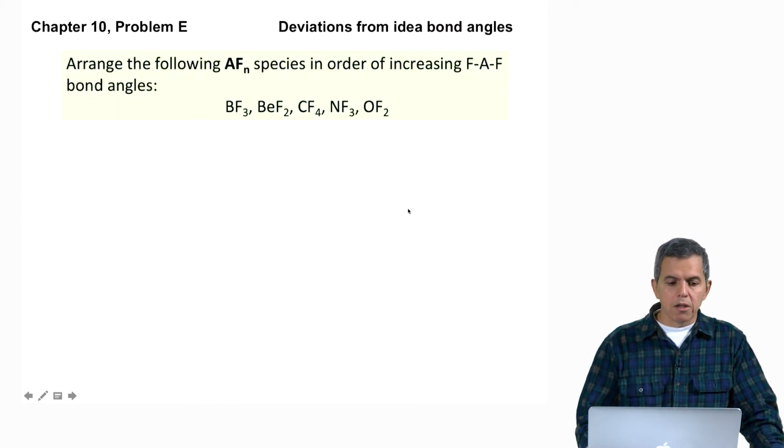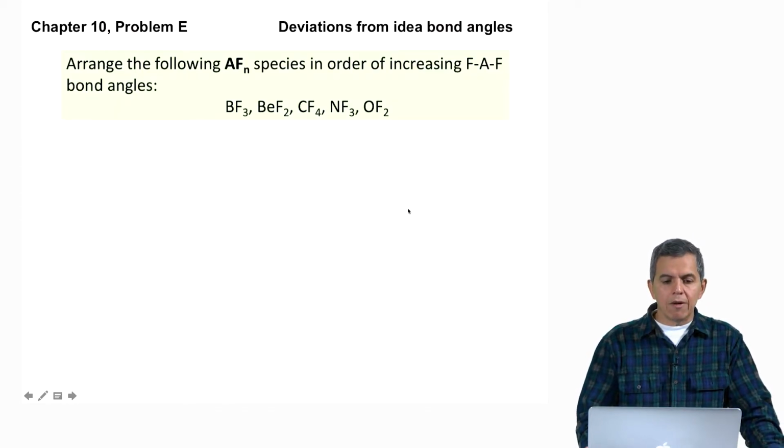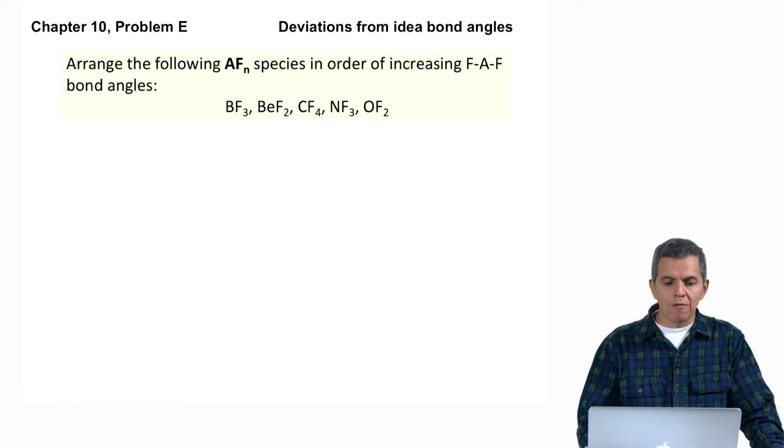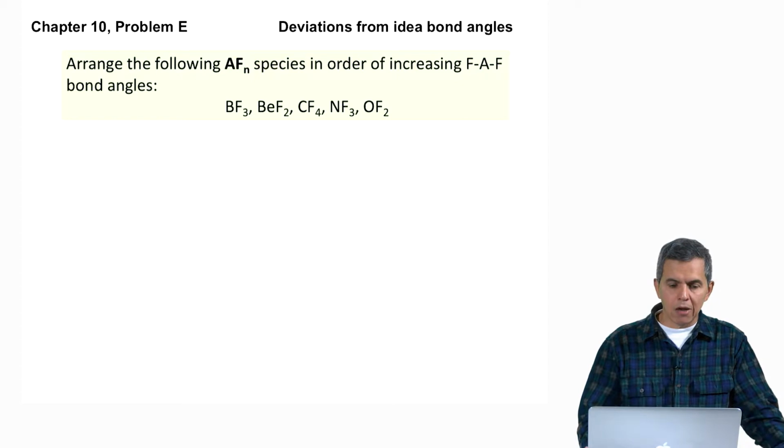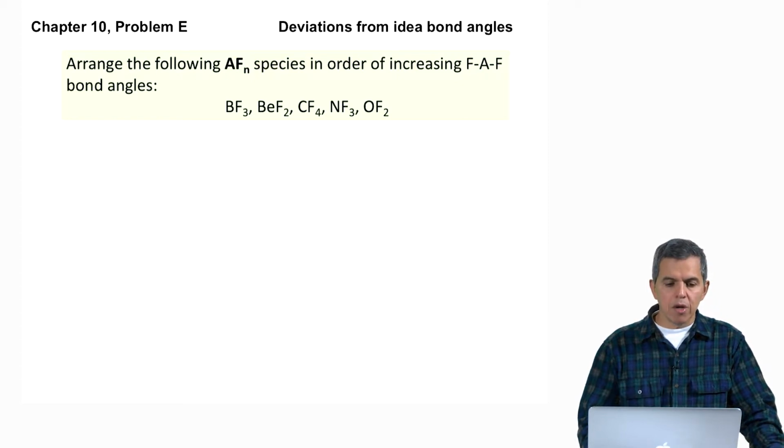The problem reads, assuming that we have different species, AFn, A meaning a central atom and F being fluorine atoms, n meaning the number of atoms, let's order in increasing bond angles these particular compounds: BF3, BeF2, CF4, NF3, and OF2. Please take a few minutes to think about the solution, work the solution, and then let's compare